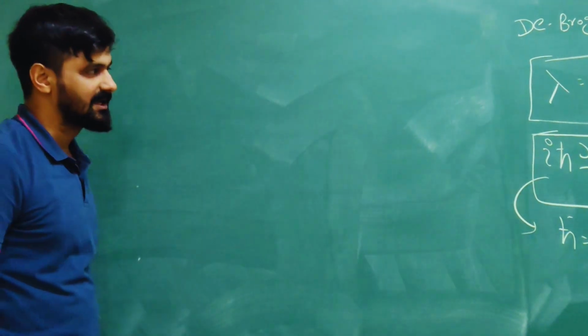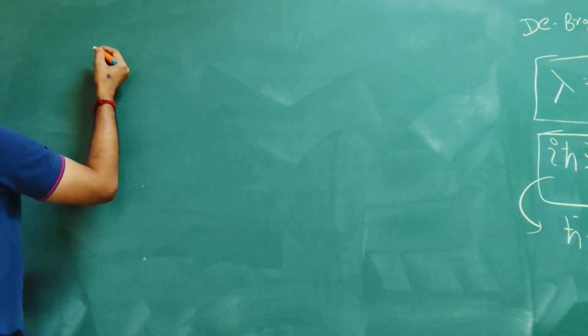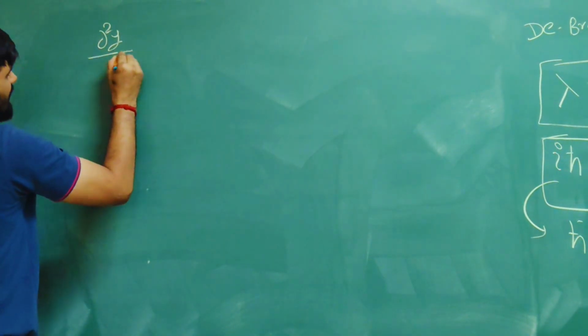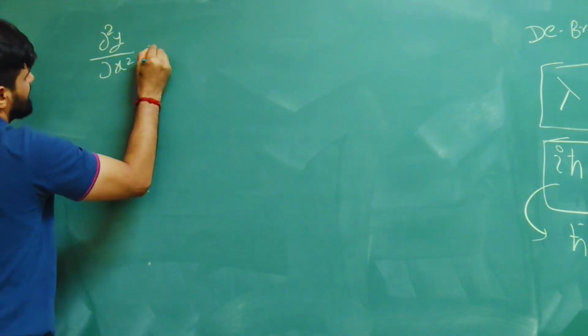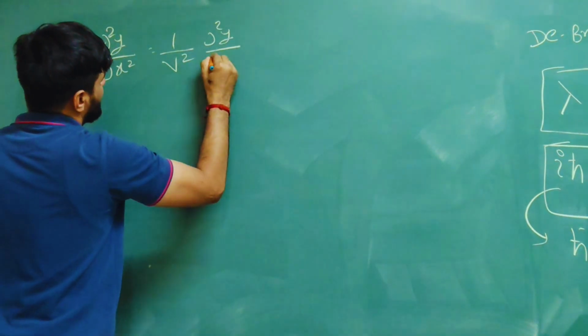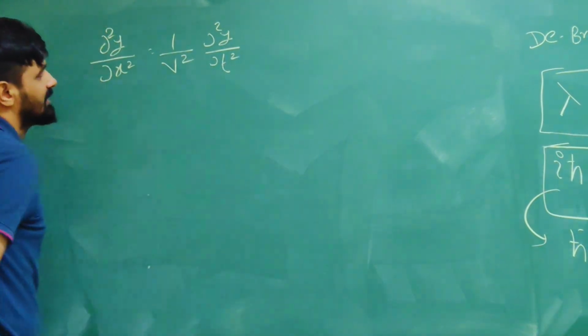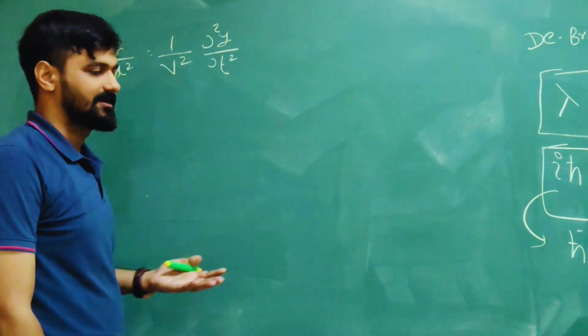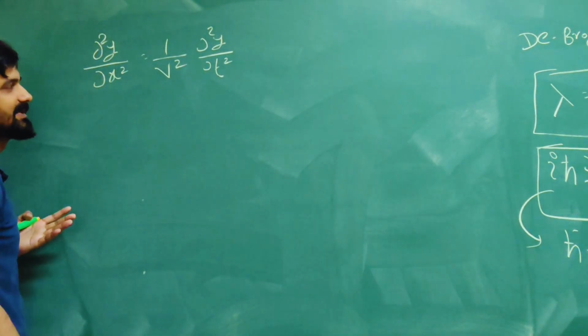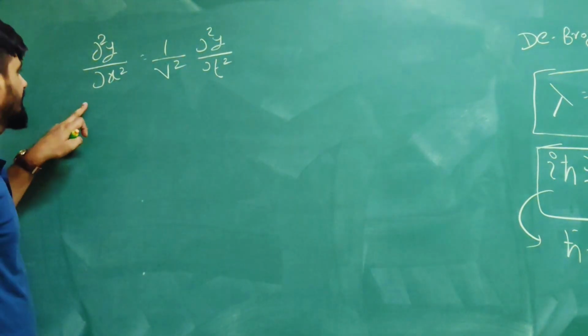Okay, as I told you, if a moving particle is there, then that corresponds to a wave equation. And in physics, we see that if a standing wave is there, then we can write the wave equation as ∂²y/∂x² equals 1 upon v² ∂²y/∂t². These equations can be the equation of light, a sound wave equation, or a water wave equation. This can be any wave. And if we write the solution